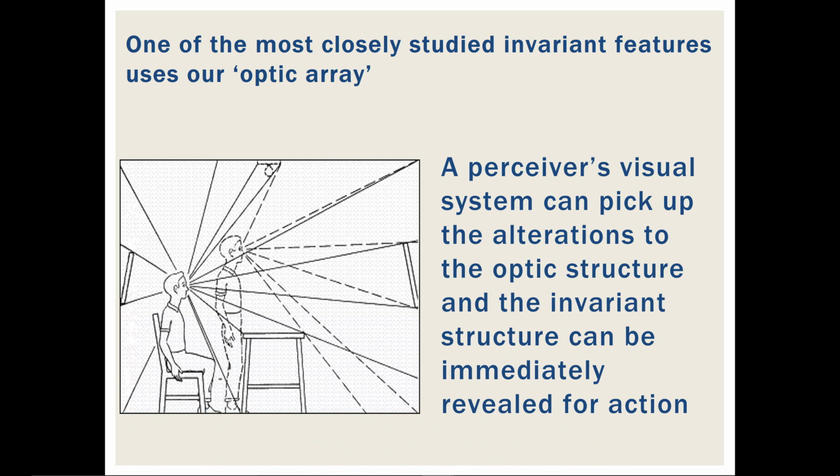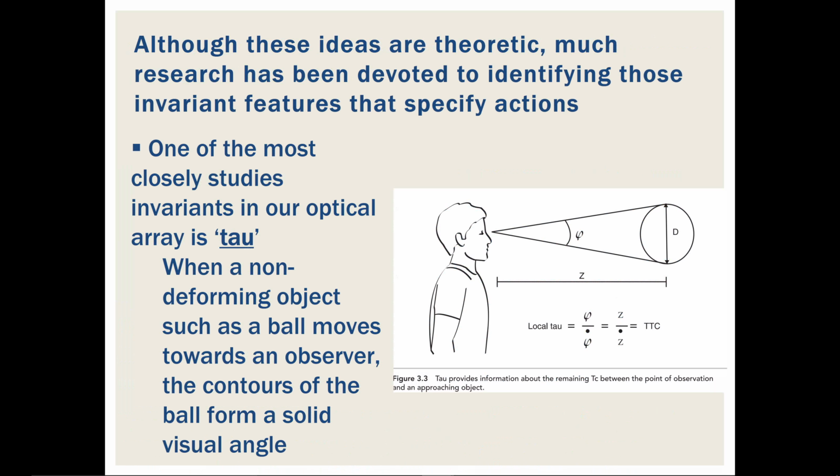Sounds abstract, but we'll get to it later. For those of you who've seen this before, bear with me for a second. For those of you who haven't done motor learning and control, I'll explain what I mean. There's one specific feature in our optical array that we need to talk about. And that feature helps us to explain how we use that invariant information in the environment. And that's called